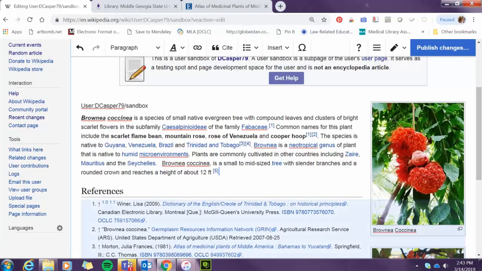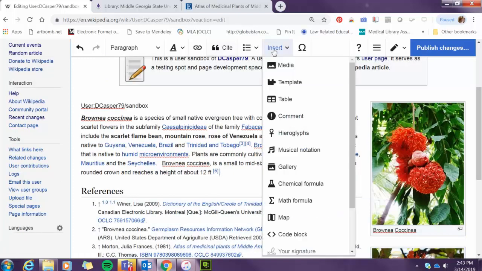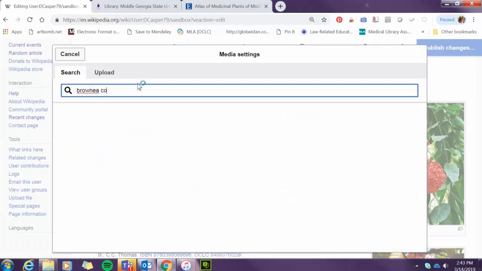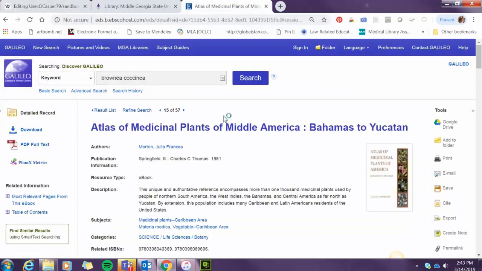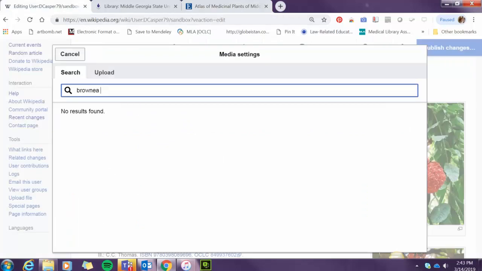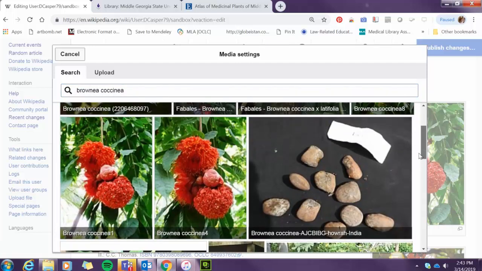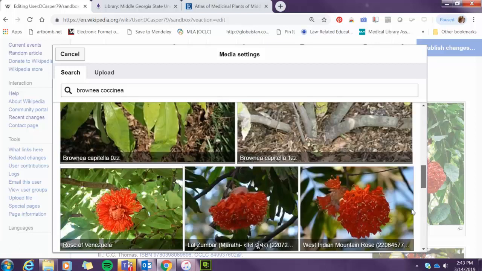If you try to add a photo, you would just go here to Insert and then Media, and you can search for and then now you've got some images of this plant.